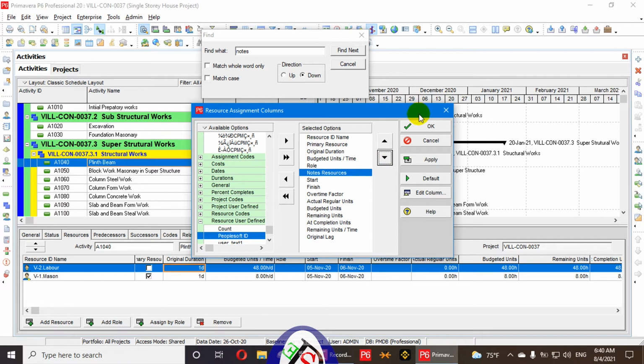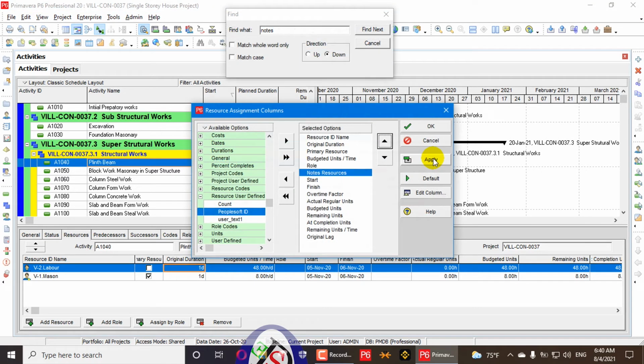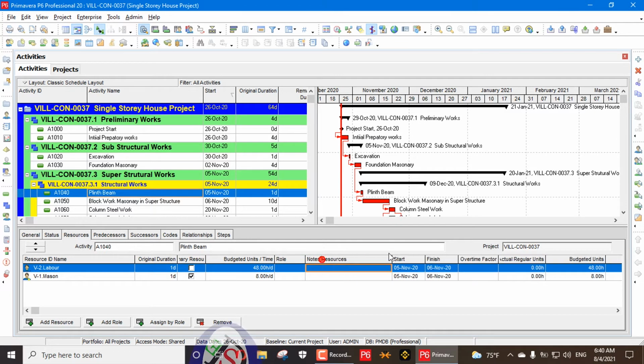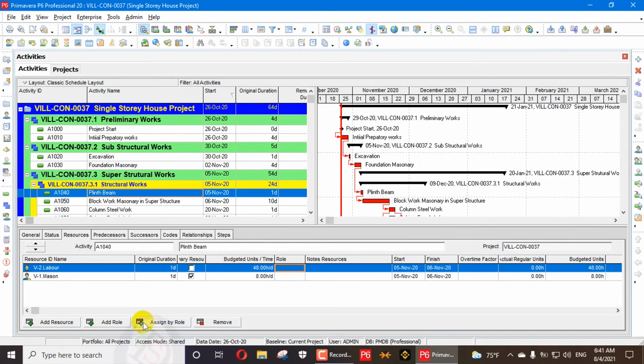And now after the role, I will add my notes here. Apply, OK. Then you can see here notes. You can write notes here for your activity. Also, you can assign labor resources with different roles. For example, I assign different roles to my different labor.